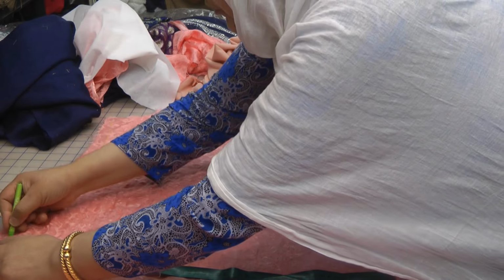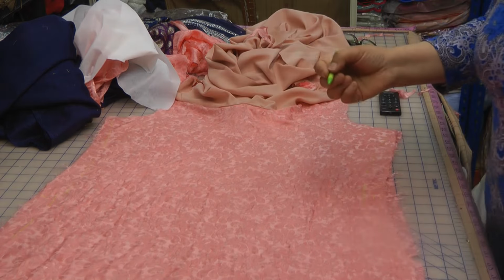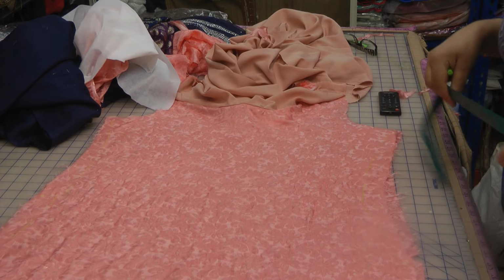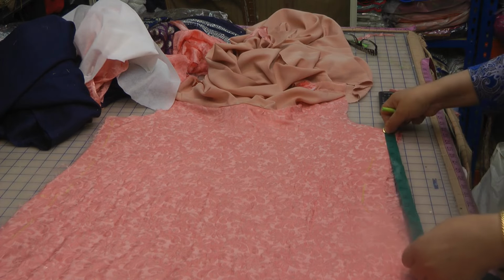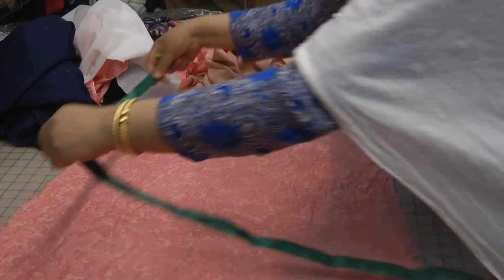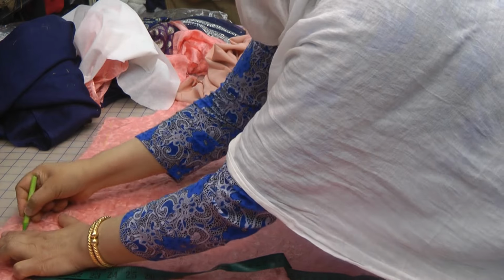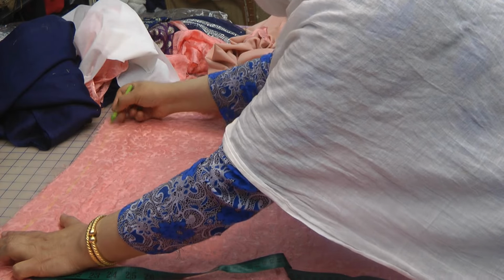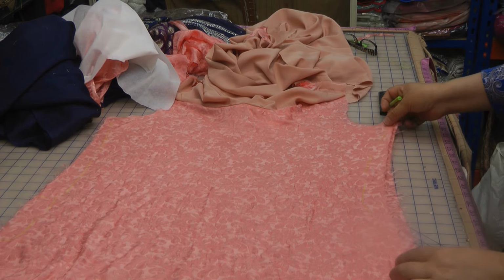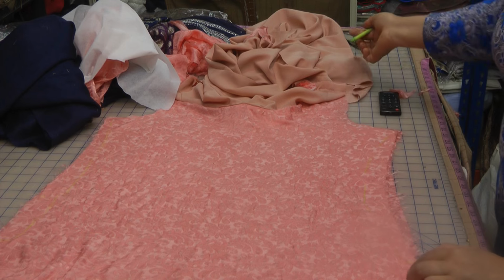From here, I want to take this out again. So I'm gonna take this in and then take it out again. I'm gonna do a slight bit of a fitting. Really just try it on to make sure that I'm happy with this fitting,